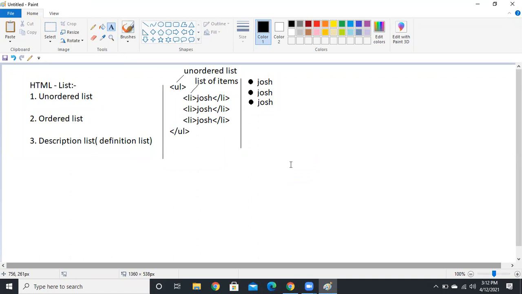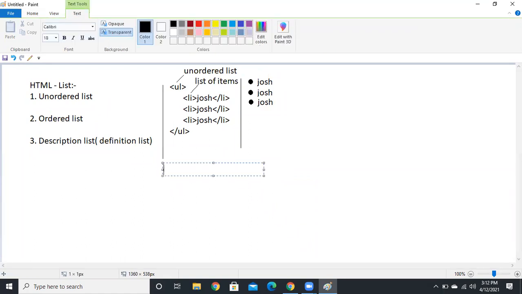So in a list, we are going to use one attribute to change that bullet point. By default you get a disc, but if you want to change the bullet to circle, square, or disc, for that we use the type attribute, guys. So in UL, here I'm going to use the type attribute.